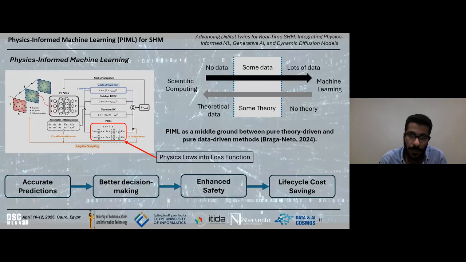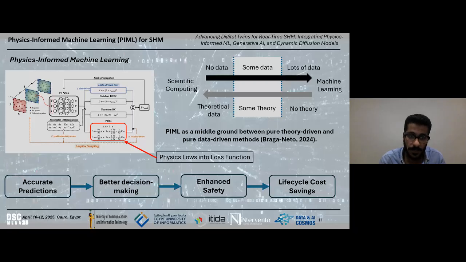That's exactly what physics-informed machine learning does. By incorporating the physics laws into the loss function of the model, you can reduce the data dependency and ensure that the predictions are physically meaningful. It's like giving your neural network a scientific compass.